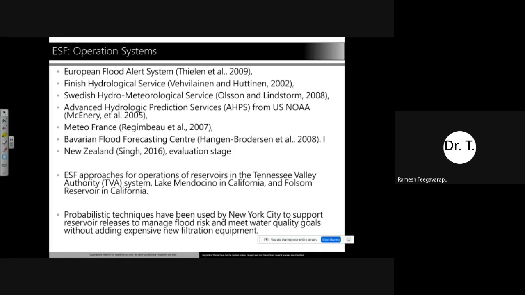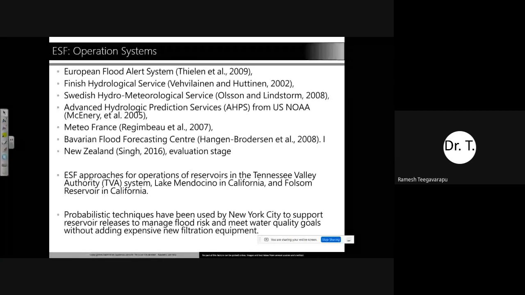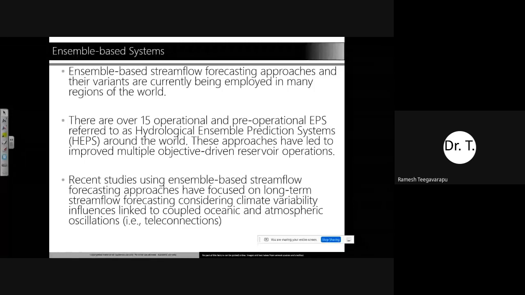So there are many operational ensemble streamflow forecasting methods actually implemented in many parts of the world to give you those predictions. As I said, over 15 operational and pre-operational systems, referred to as hydrological ensemble prediction systems, are around the world.